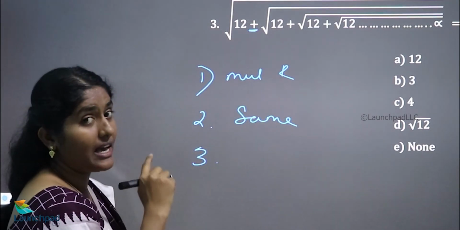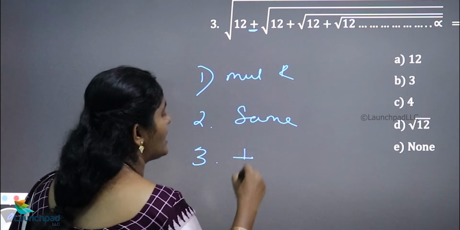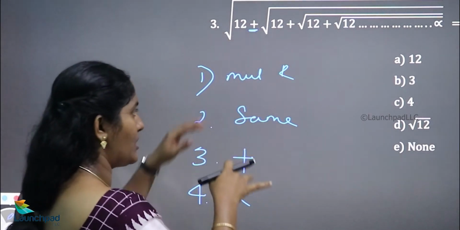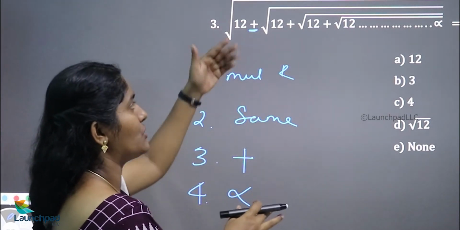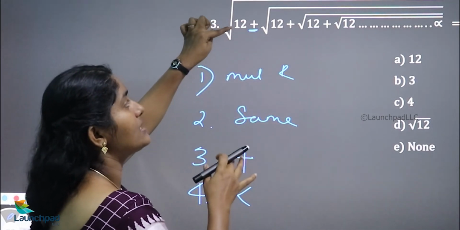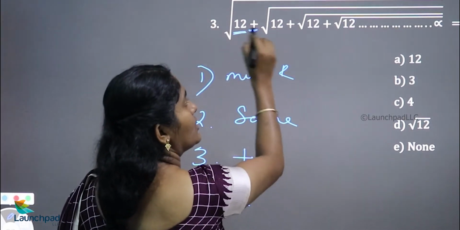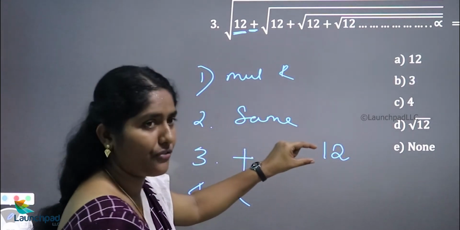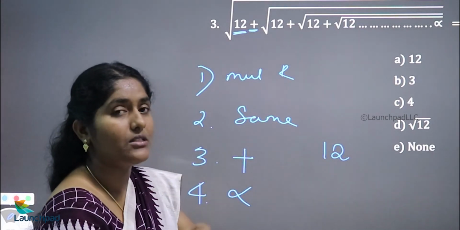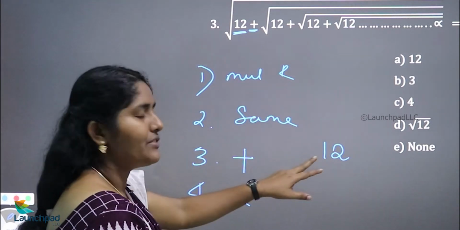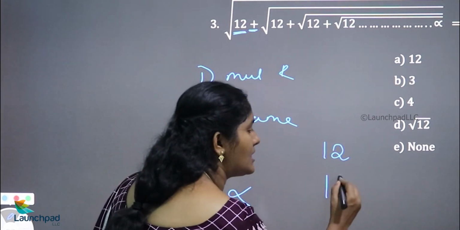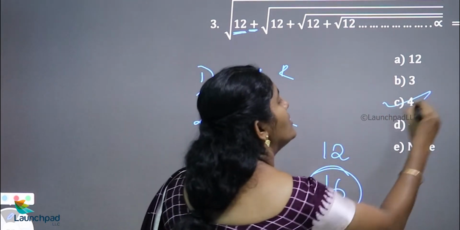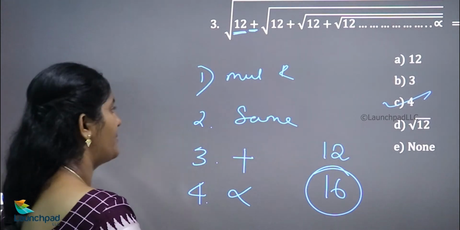In the previous question we saw a multiplication operation, but here we have an addition operation and an infinity symbol. If this comes up, it means that if these conditions are satisfied in your question, what is the next immediate number? What is the number in this question? 12. So what is the next immediate number from 12? That number must be a perfect square. After 12 the one chance is 16. 16 is the perfect square of which number? 4. So your answer is 4.